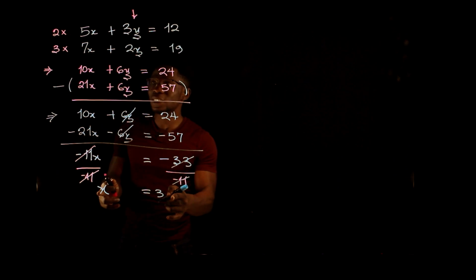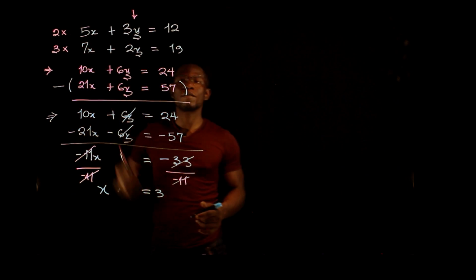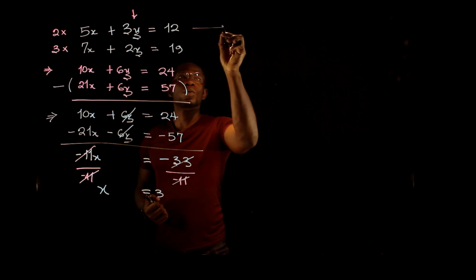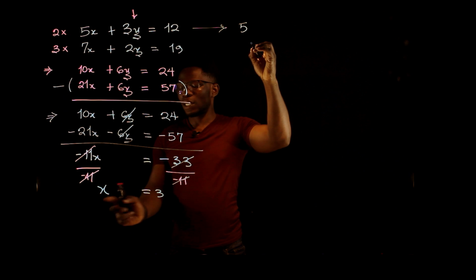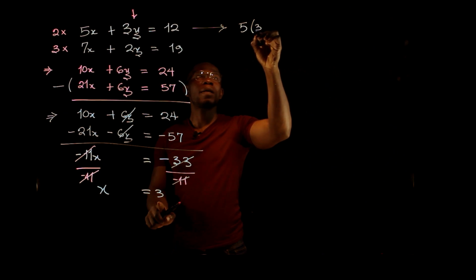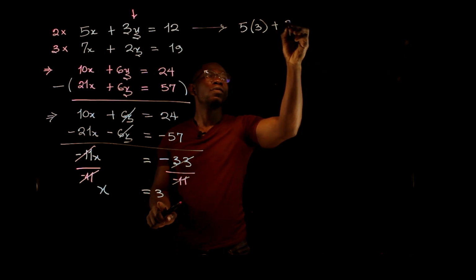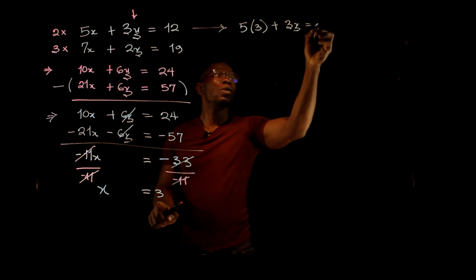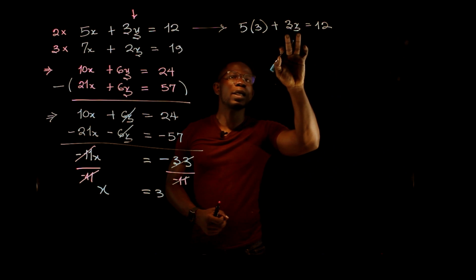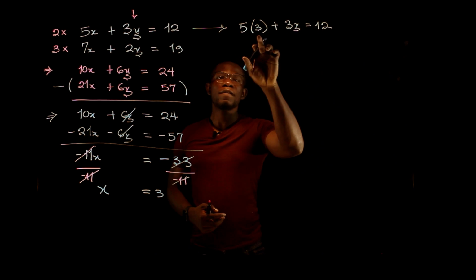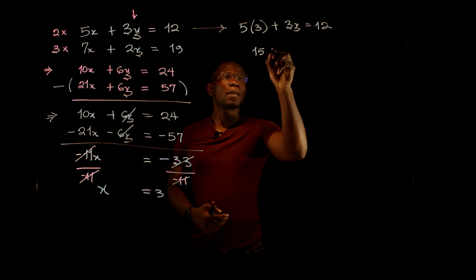So now we can take this and then substitute it into either of our equations. So if we choose equation 1 here, now x is equal to 3, so that's 5 multiplied by 3 plus 3y equals 12. So now we have only y in our equation here, and then we can solve for y. So 5 times 3 equals 15 plus 3y